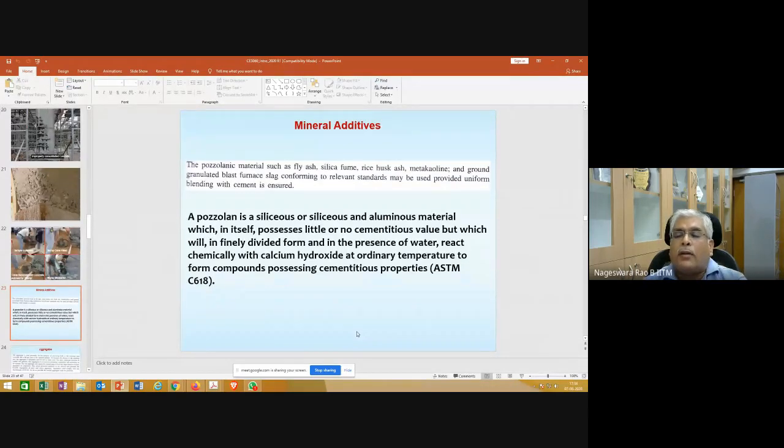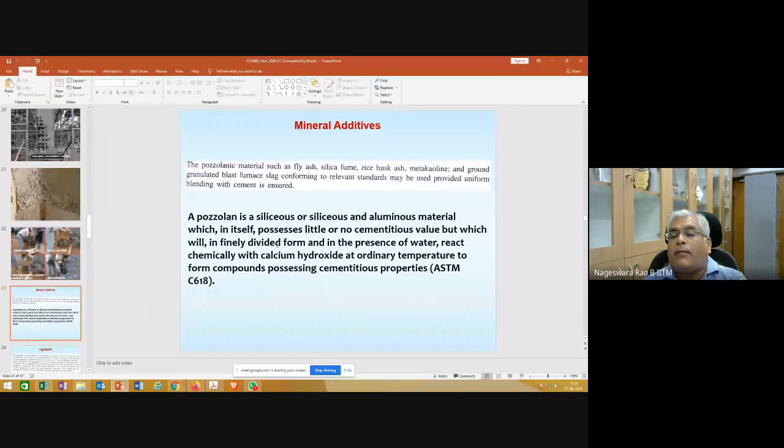The material which we need to replace cement with is called pozzolanic material. Pozzolanic material, the definition you can see here. A pozzolana is a siliceous or aluminous material which in itself possesses little or no cementitious value. Cementitious means a binding value.